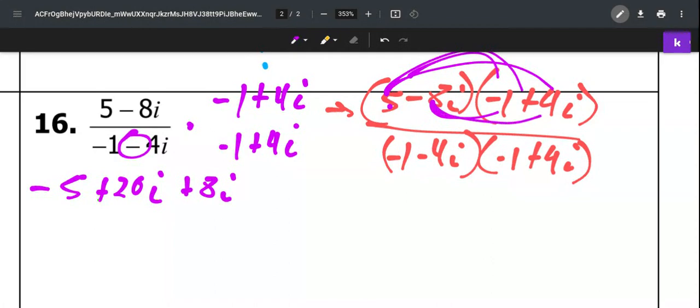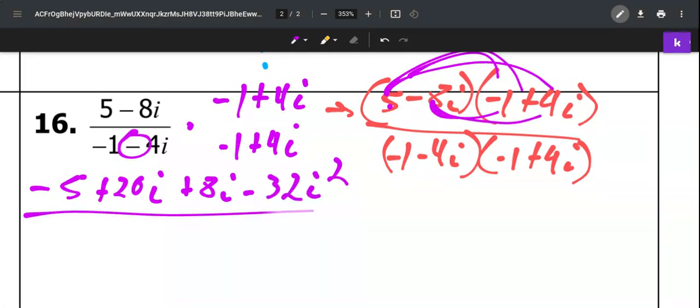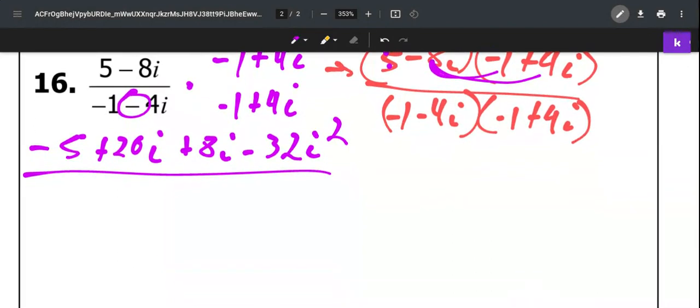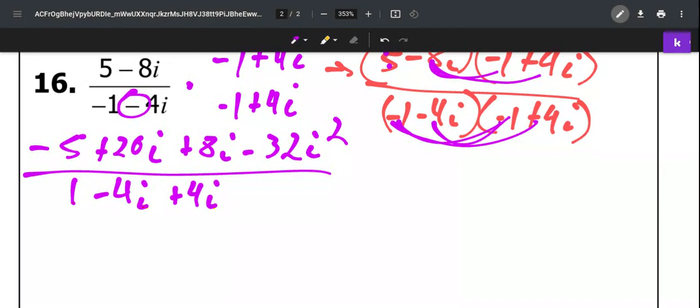Let's see, negative 8 times negative 4 would be minus 32i squared all over. Let's see, negative 1 times negative 1 is 1. Let's see, negative 1 times 4i is minus 4i. Negative 4i times negative 1 is plus 4i. And then negative 4 times 4i. So that would be plus